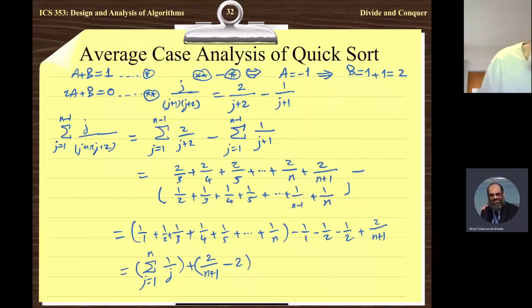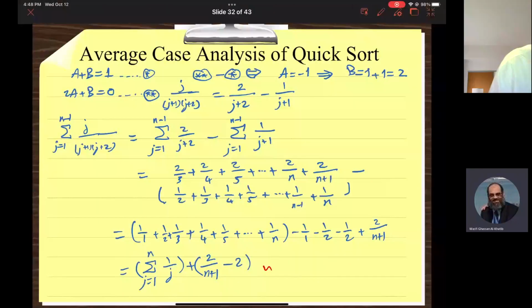So this is, by the way, what? This is sigma j over (j plus 1)(j plus 2) from j equal 1 to n minus 1. Now, this is the harmonic series, sigma 1 over j from j equal 1 to n. What is this equal to? Well, this is approximately the natural log of n, right? And since we are doing the analysis asymptotically, we can do that. So this is approximately